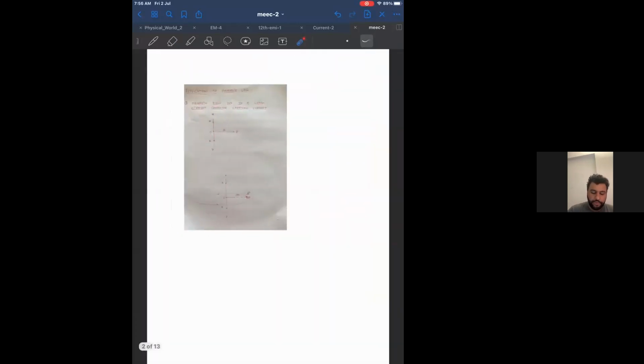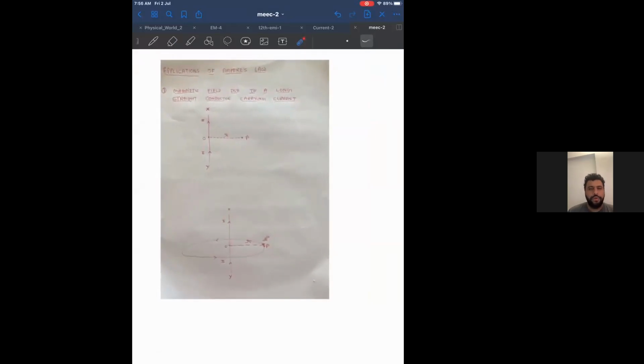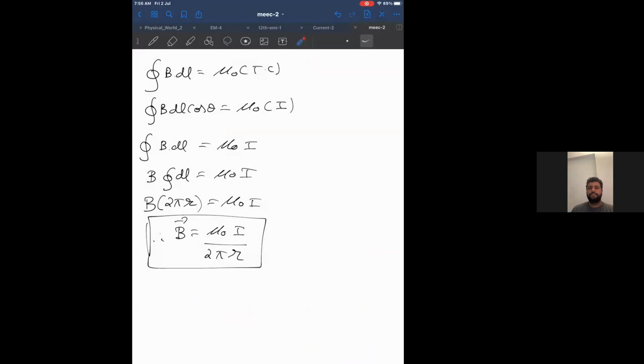Now, 1 minute, I'll show you the second diagram again. Some people wanted to see it. Then I will show you my notes to complete it. Tanvi, is it clear? Can I go to the next page? Okay. Now, below the diagram, you can do this derivation. Now, can you try to do it without seeing? And can you also make this your main formula for magnetic induction due to a current carrying conductor?